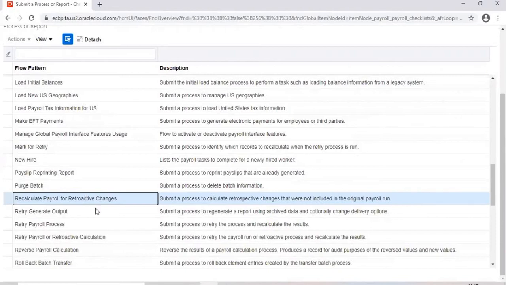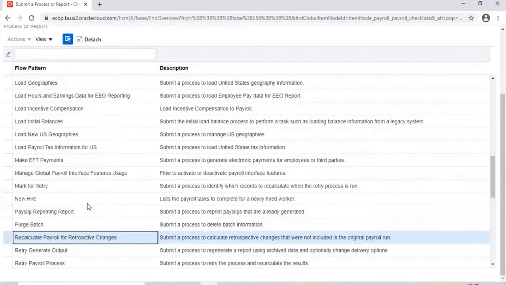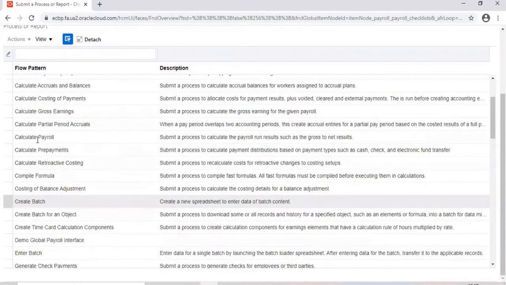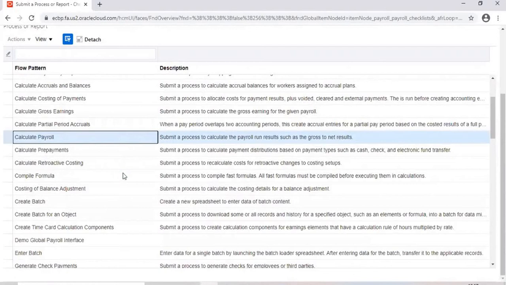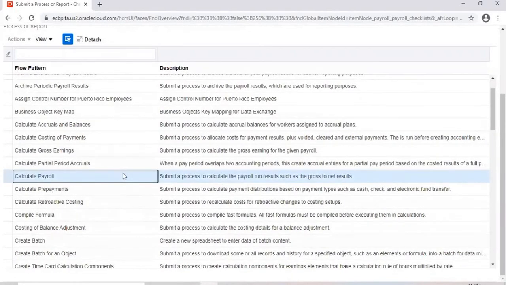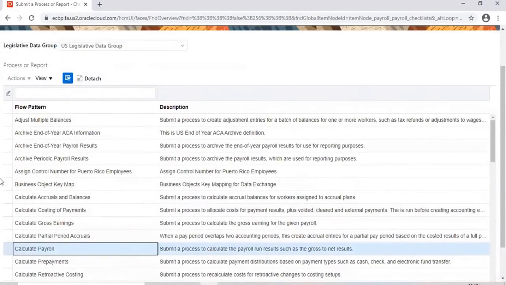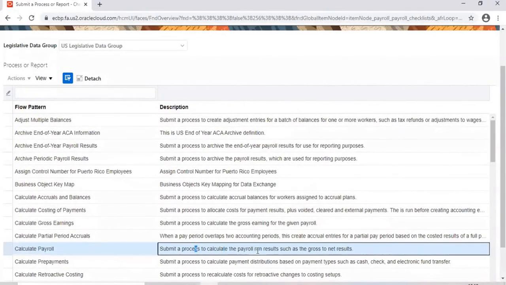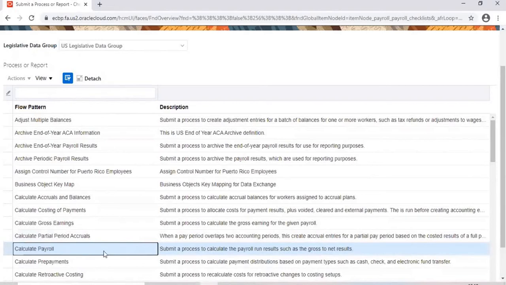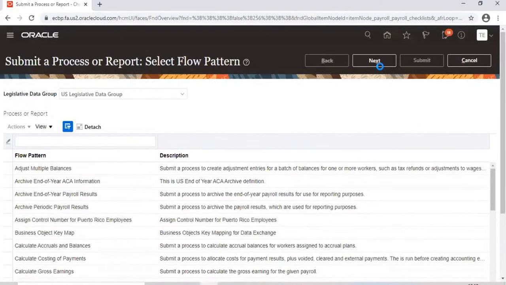The first process that you are going to run is calculate payroll. What does this process do? Here it's going to calculate payroll and run the gross to net result: what is the employee gross salary, what is the employee net salary, and so on. So let's run it. Calculate payroll. Next,